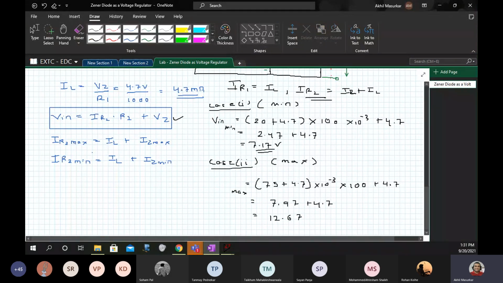This is Vin min. So here we get two different ranges.